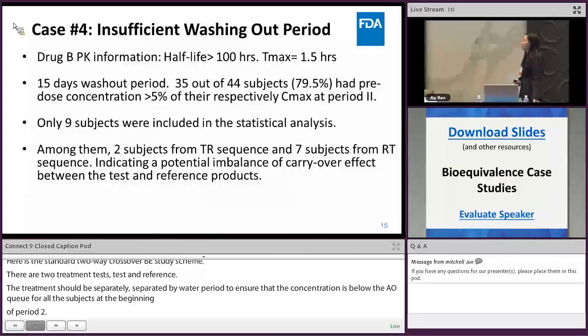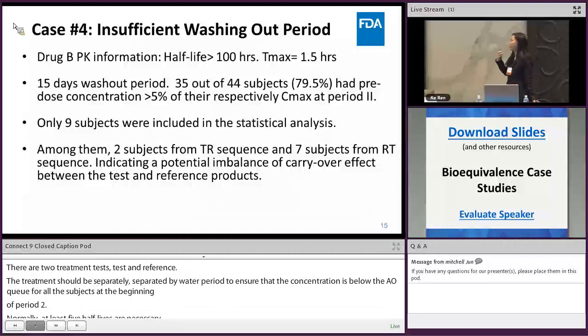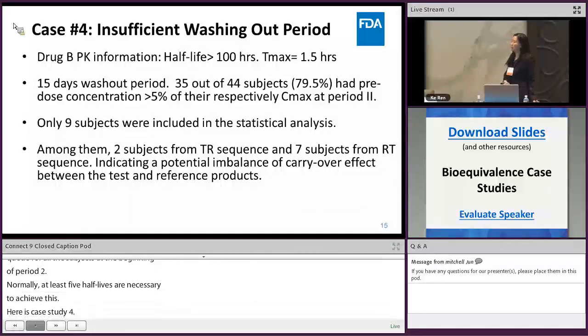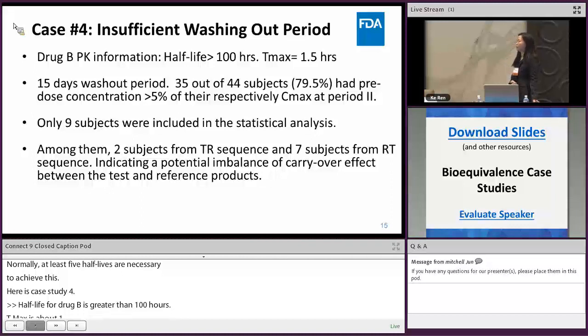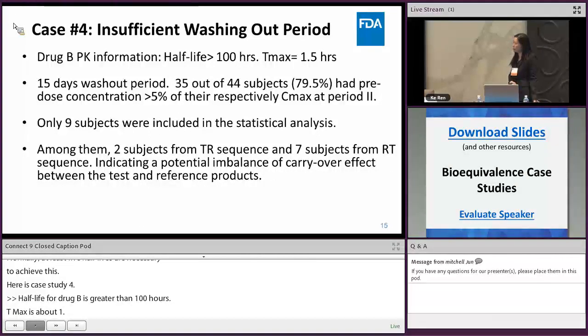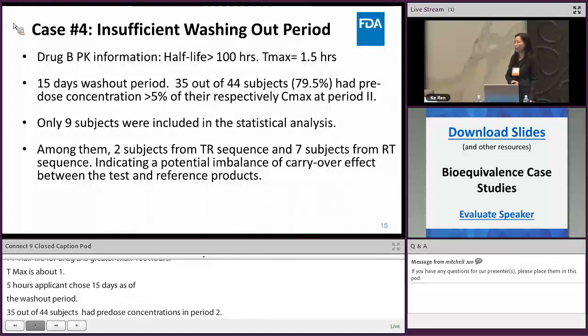So here's case study 4. The half-life for drug B is greater than 100 hours. Tmax is about 1.5 hours. The applicant chose 15 days as a washout period. 43 out of 44 subjects had pre-dose concentration in period 2. Among them, 35 subjects had a pre-dose concentration greater than 5% of their respective